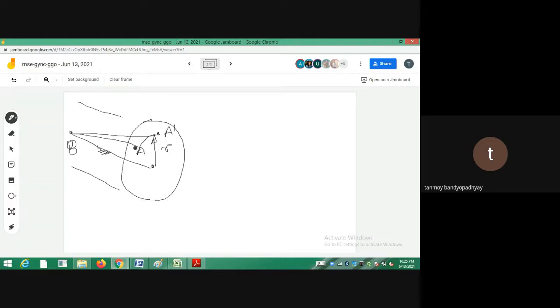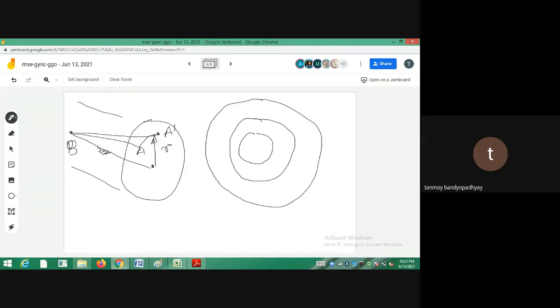I can do it at any radius actually, because any cross section is a circle. In this way, if I try to understand the cross section of the circular shaft, it is made of many concentric circles. I am taking only a distance small r and doing this calculation. I could have done this calculation at a distance of capital R also.